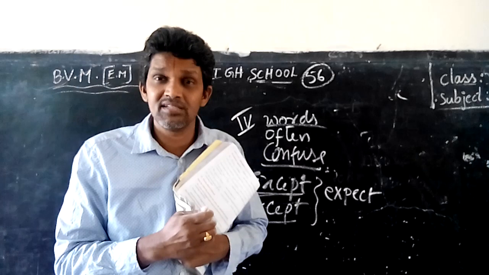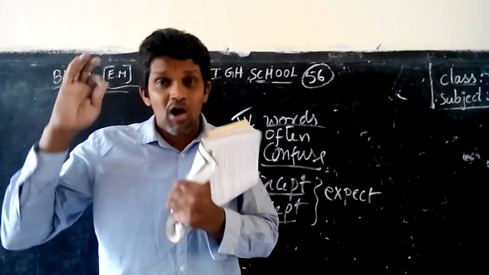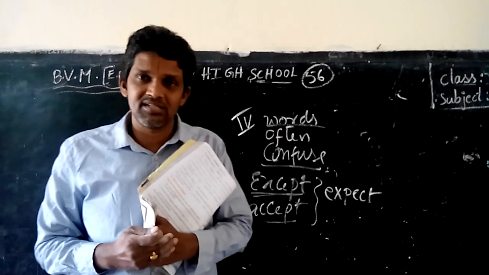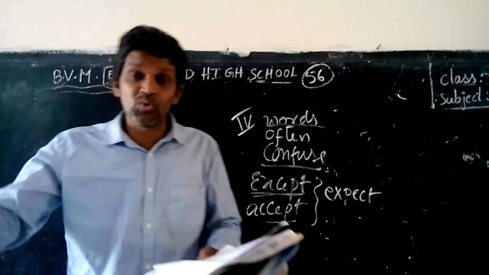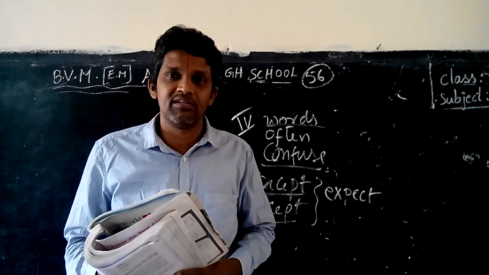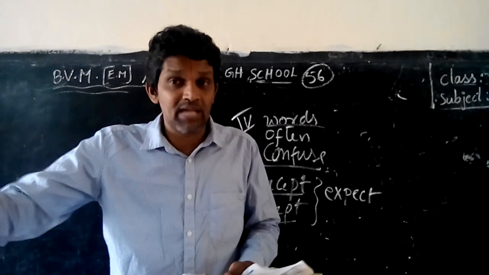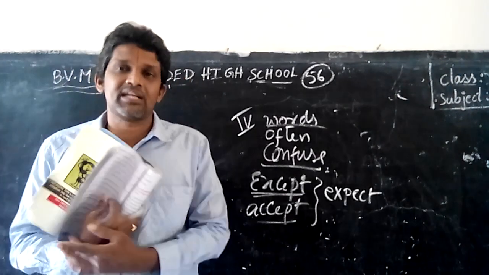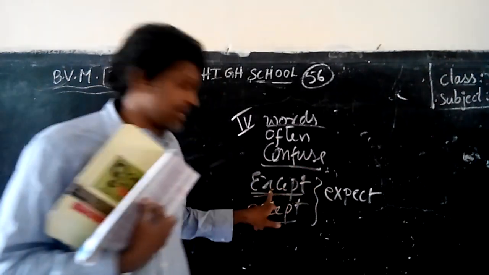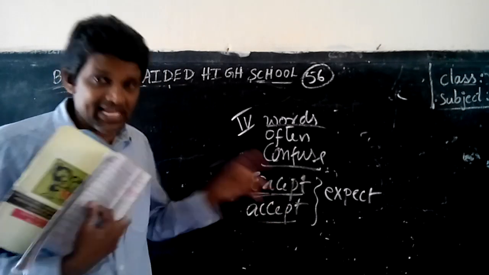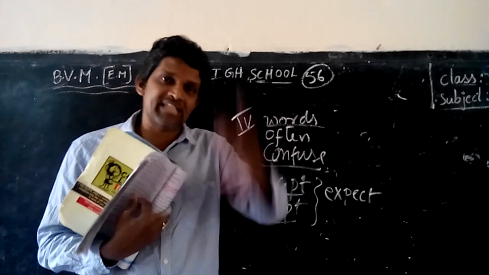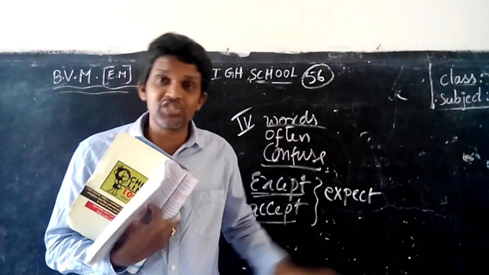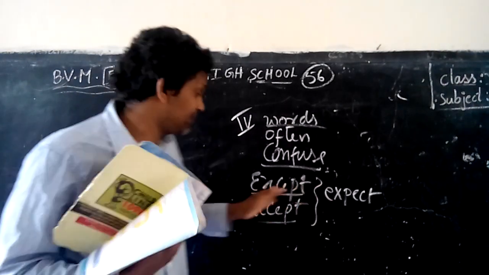What is the meaning of this sentence? All the English students should remain here, and the remaining students can leave the class. Except means excluding, they are not taken into consideration. Apart from them, all the remaining students can go, but English students should compulsorily stay in the class. That is called except. Except you, all the students stand on the bench. Except you means you need not stand, but the remaining students should stand on the bench. This is the meaning of except.